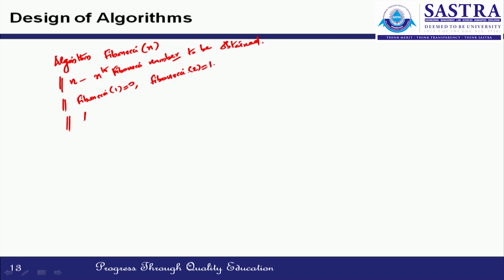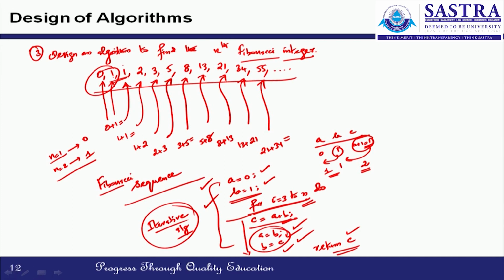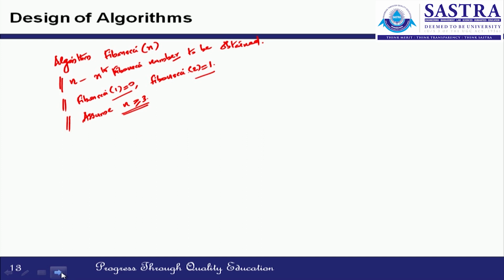Assume the value of n is greater than or equal to 3. Since we already initialized the first two numbers in the sequence, for example 0 and 1, if you input n is equal to 3, 1 is expected. n is equal to 4, 2 is expected. n is equal to 5, 3 is expected. So assuming here n is greater than or equal to 3,